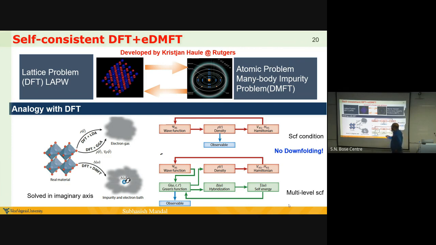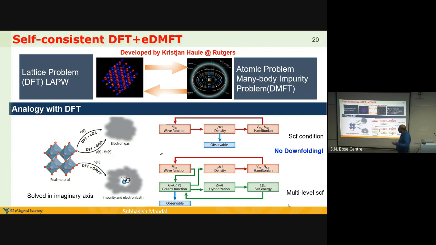Another advantage is the double counting. You can write a complete theory using this projection technique, where we are using the exact double counting, because you take into account some correlation in DFT, and then you also have correlation in DMFT. Yes, there is double counting, and this was a big issue in the beginning. Now we have improved these techniques, so no downfolding is the trick here. It also has some demerits. For example, since this is really an all-electron problem, if you have a big system, then it is tough, only because DFT is tough, not the DMFT. You are going to see that it scales very well.